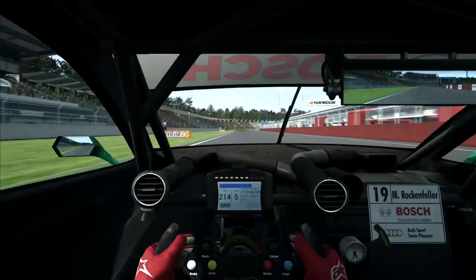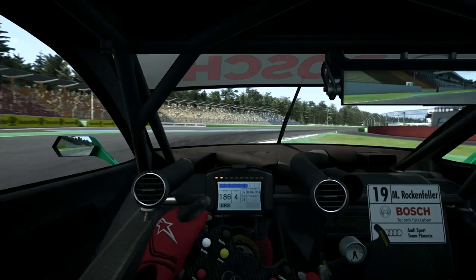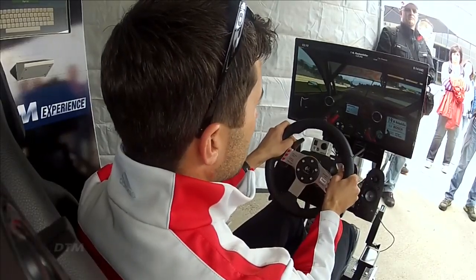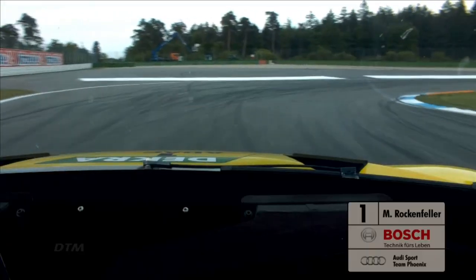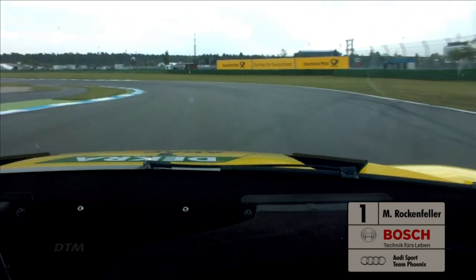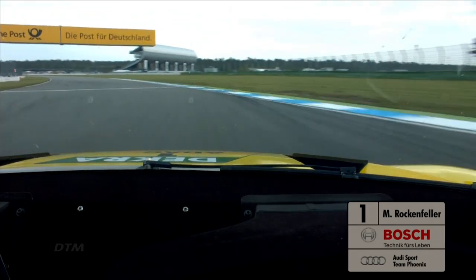Now we arrive to corner one, which is a really quick one. You have to be careful on the exit, not to go too wide. You have to stay with two wheels on the track. This is crucial, especially in qualifying. Then we arrive to corner two. You shift down to second gear. You accelerate onto the main straight, where you arrive at the end with the top speed around